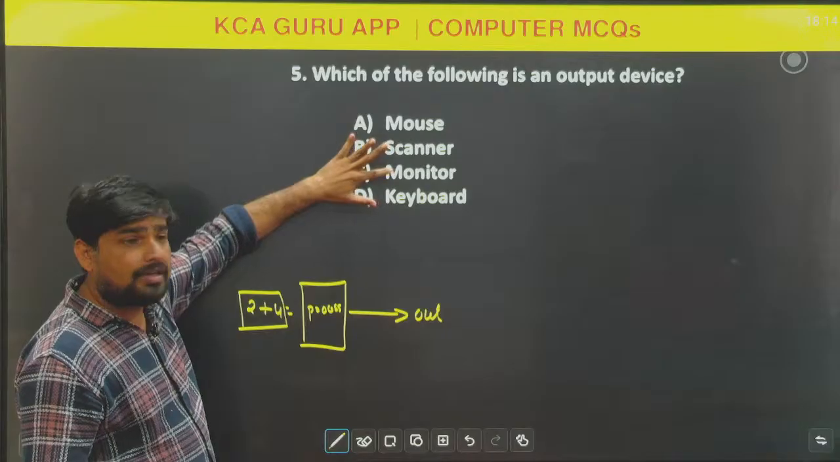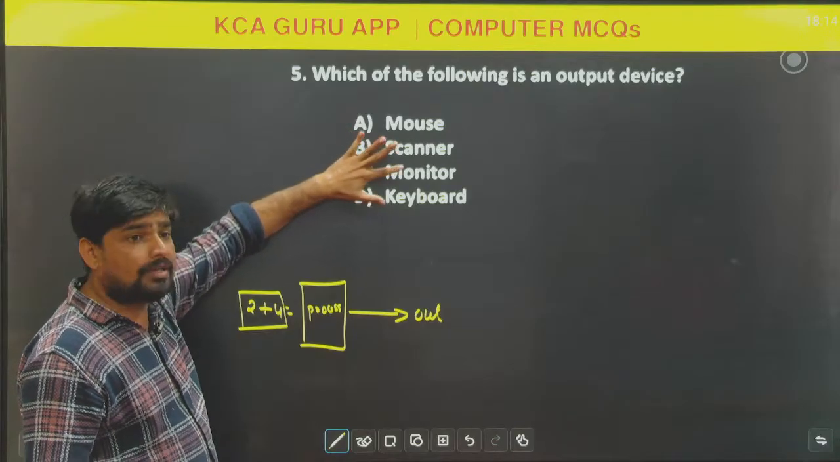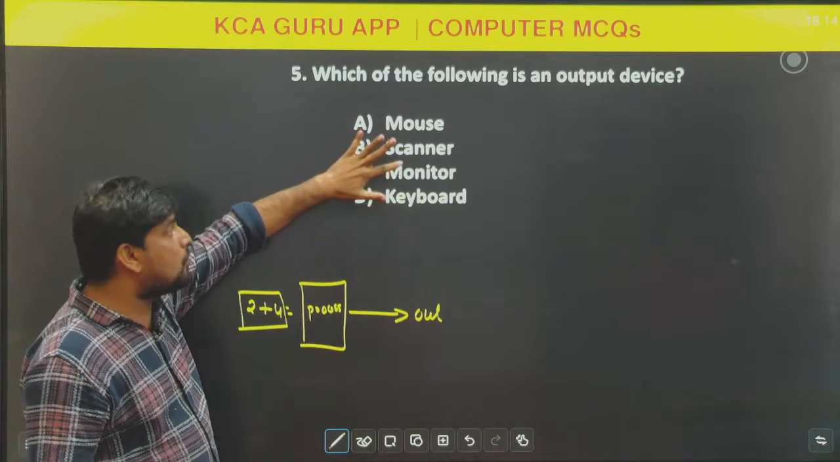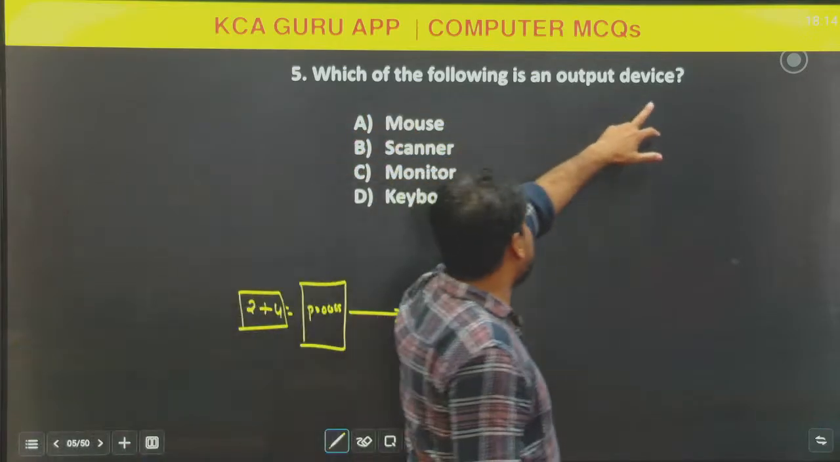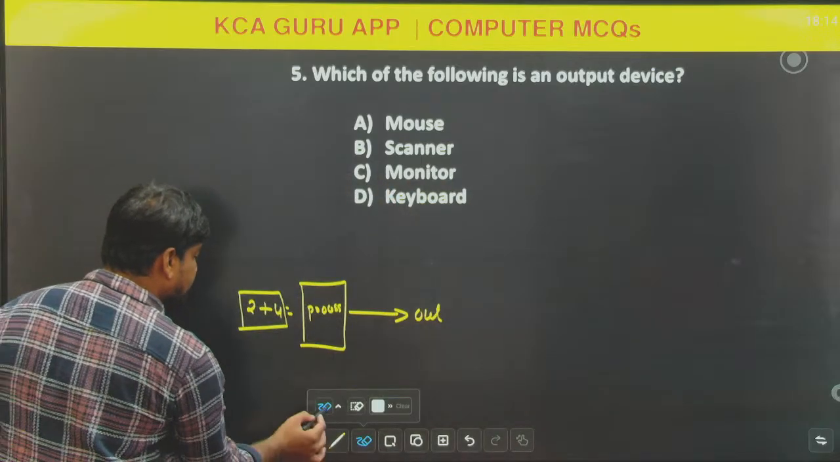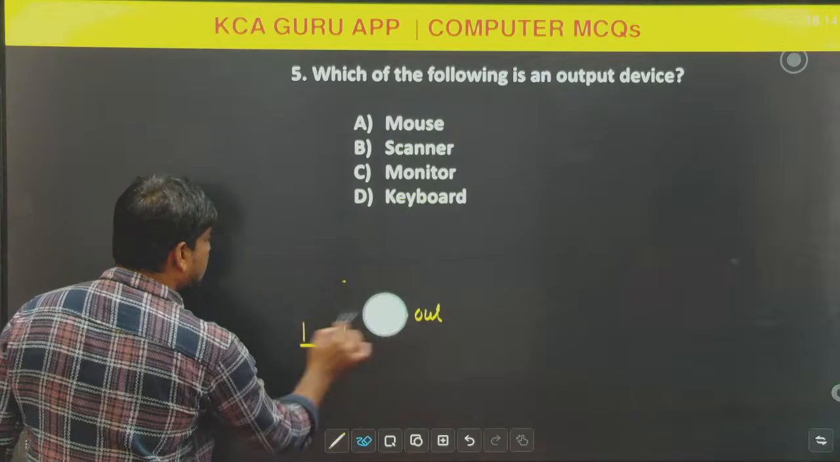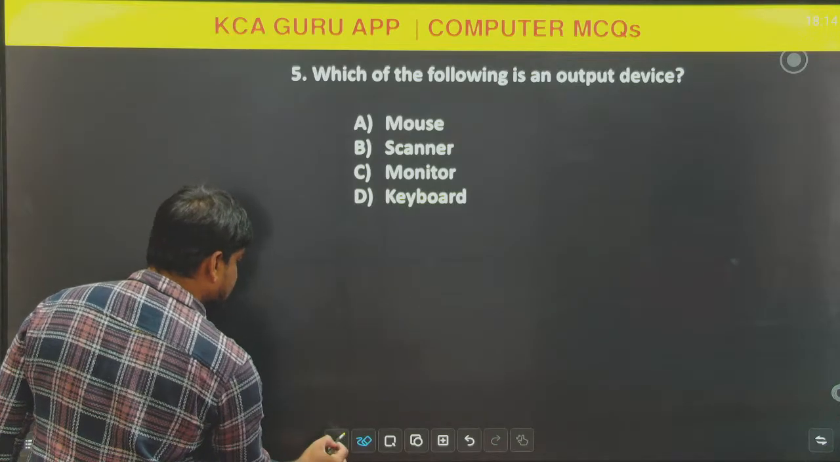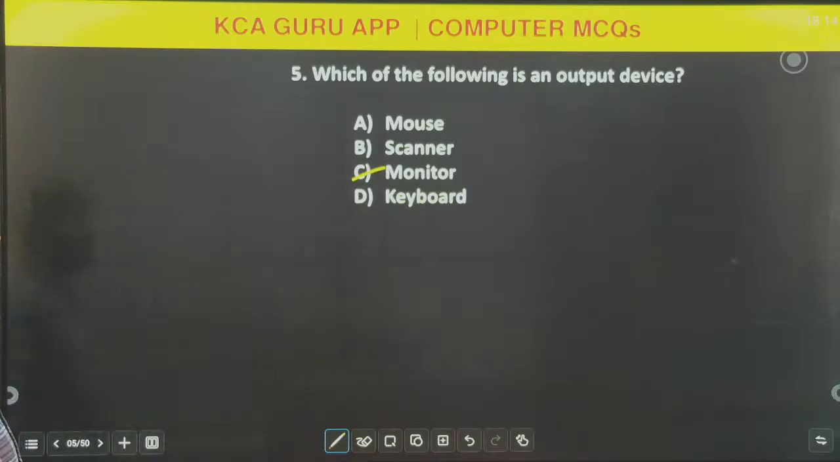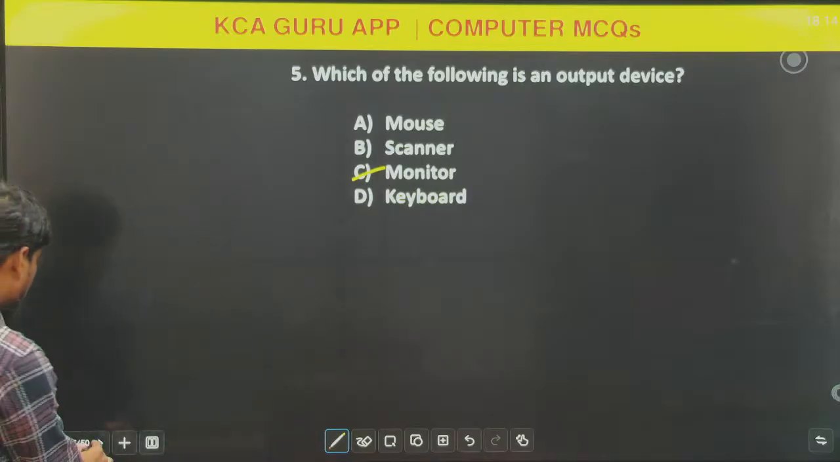It can show the result on the monitor. Whatever instructions are given to the computer, it shows the output on the monitor. So what is the answer here? Yes, monitor is the answer. So this is the fifth question. Next question is